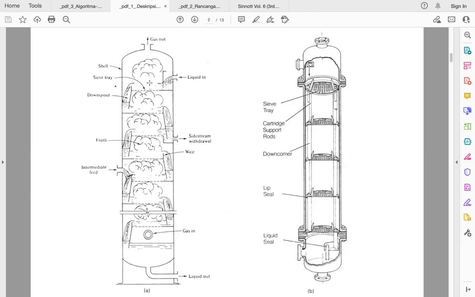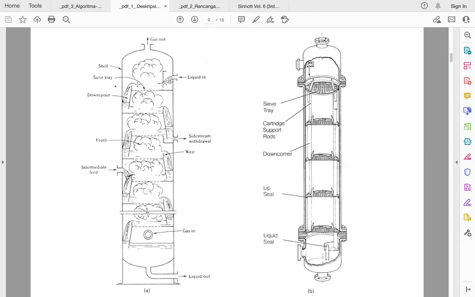Or if you have a steamer at home, in bahasa Sunda it is called langseng. I don't know in bahasa Indonesia. Steamer, pengukus. So you have some sort of tray with a lot of holes in it, so the vapor can rise up there, and while the vapor rises up, it has contact with the liquid. So if we think that one stage equilibrium is where the liquid meets the vapor here,